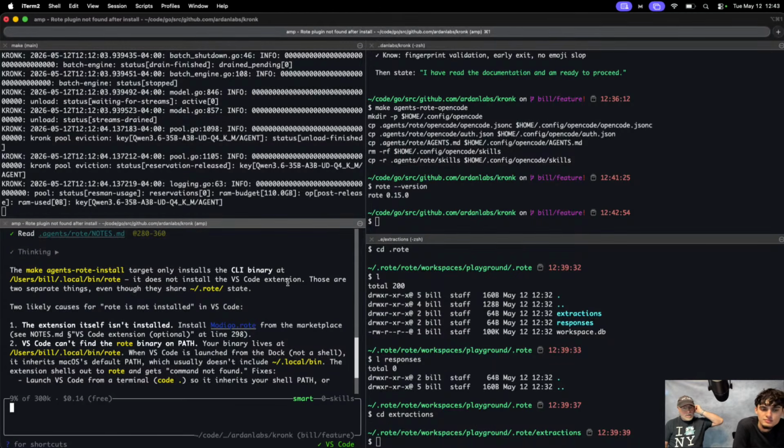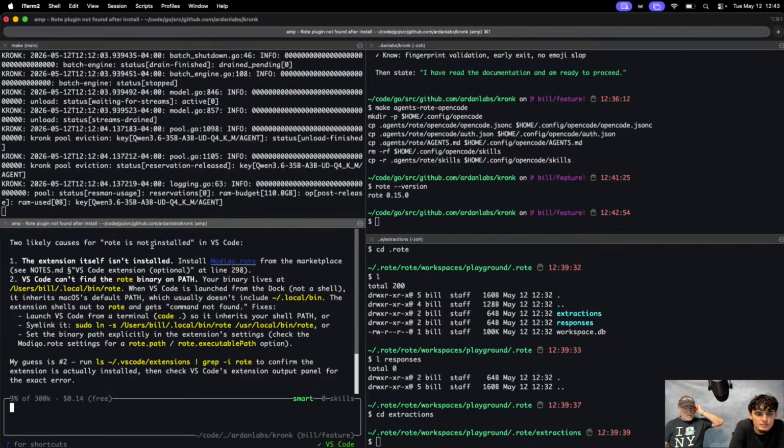Oh, and those are two separate things. Okay. It says that it is though, from a terminal. But I did this in the extension settings.